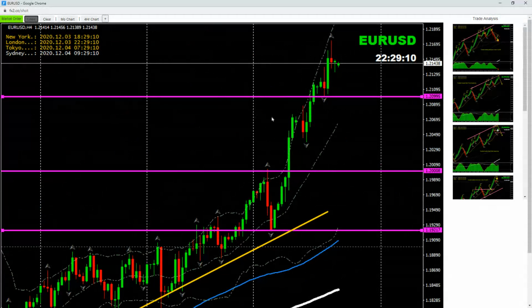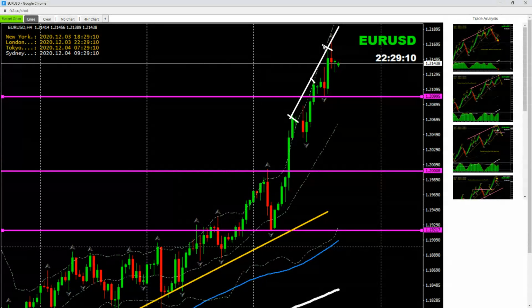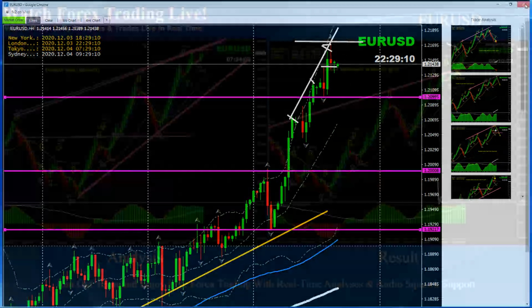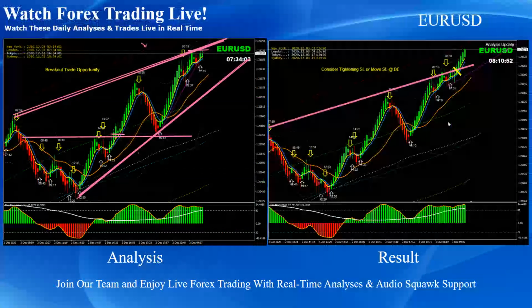If you look at here, we explained to trader that possibility price touched this level previously, third touch. So expecting here possibility of counter short trade, which we explained to our trader. And at that time the price was at this level, so we said we might going to squeeze a few more pips. After that we should be looking at counter short trade, which I'm going to show you later on further analysis. So this was the first few pips this morning based on the momentum breakout long trade, and this one